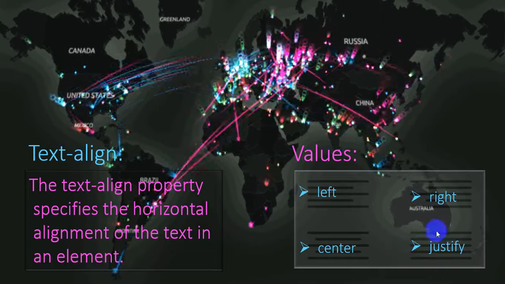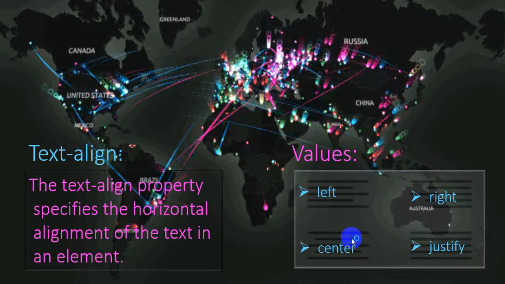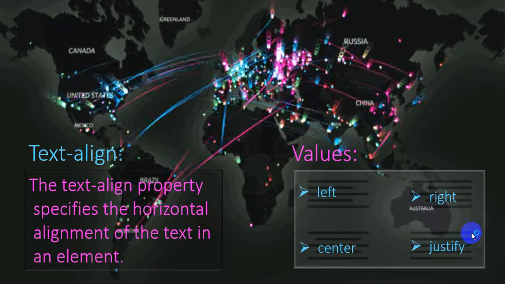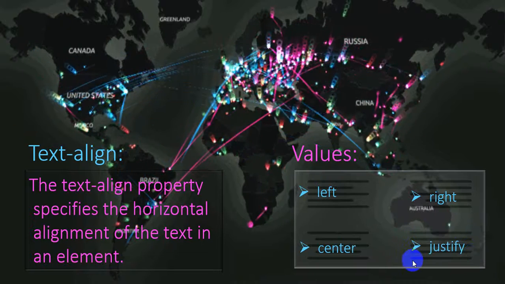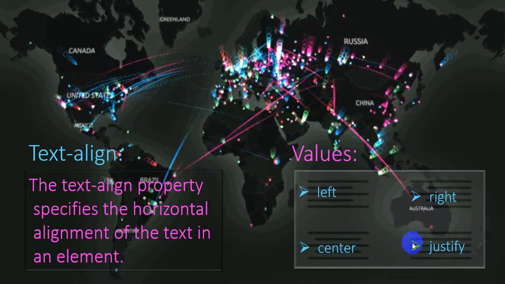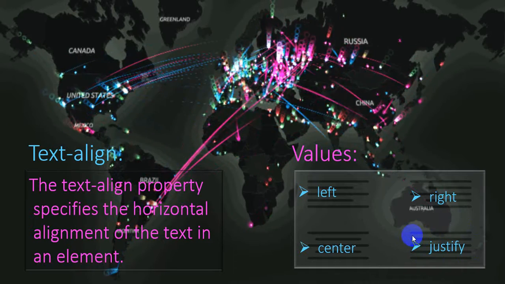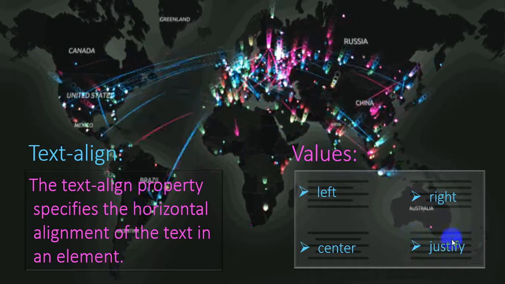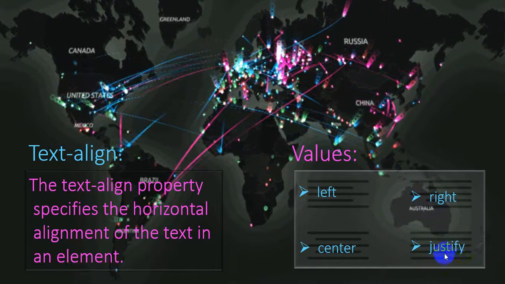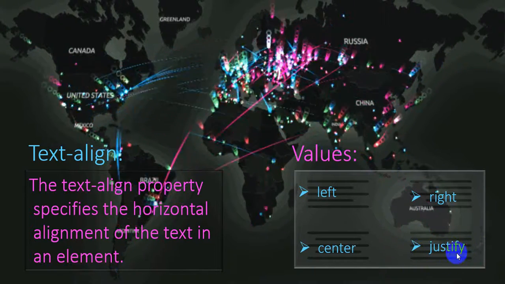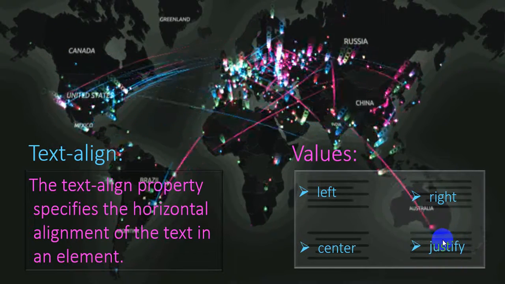And what is justify? Justify is different from center, left and right. Justify means it will assign the same margin from left and from right. Are you getting my point? Justify alignment of a text is used to assign your text an equal margin from left and an equal margin from right. And if you resize your page, it will be auto adjustable, okay. I will show you, don't worry, I will show you.